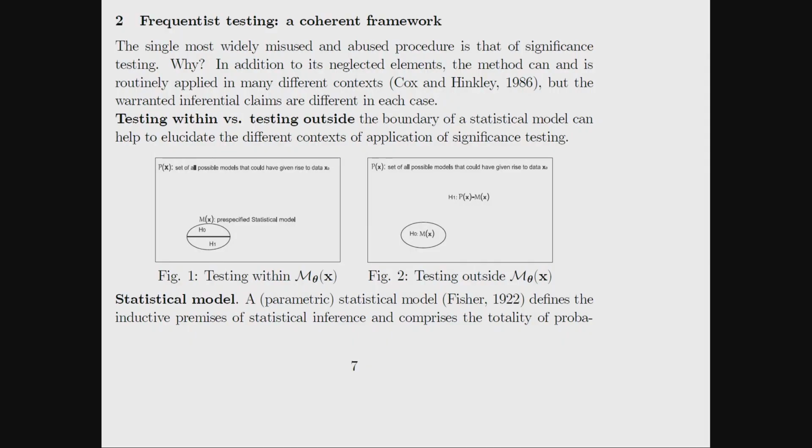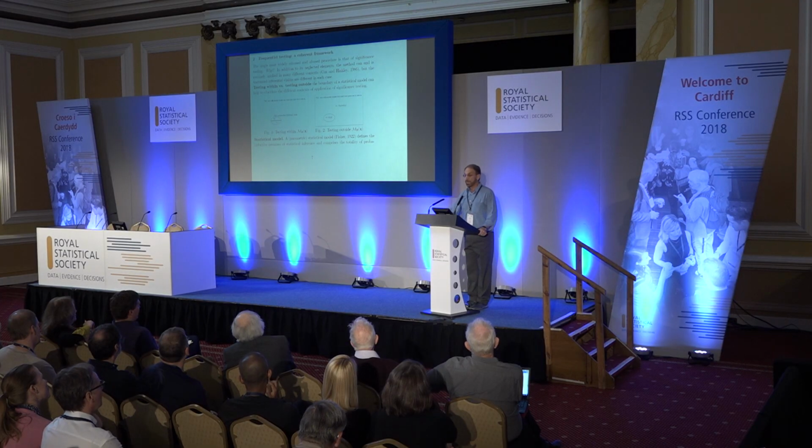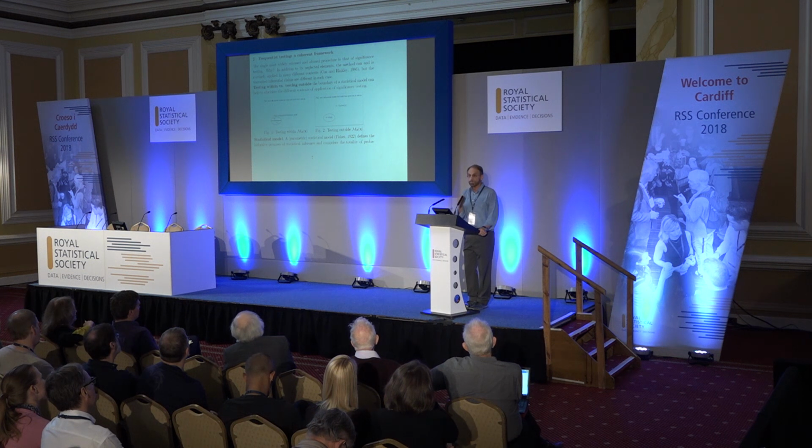Now, on the other side is testing outside. Then now there is your model is valid. But then the alternative is chaos. Yes, it could be some other model somewhere outside. And misspecification testing is designed to test your model against all the rest. And of course, it raises technical issues, and one has to be very careful what you can infer in a misspecification test. So I'm going to show you some examples